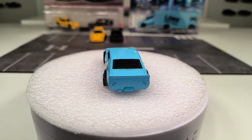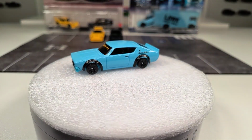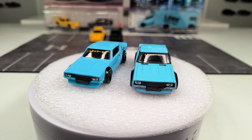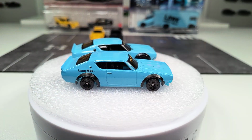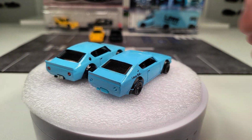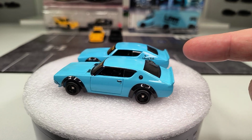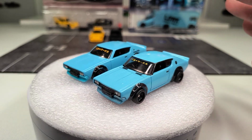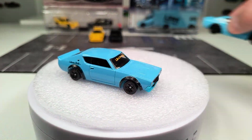was in the mainline. This is the mainline version, and if we put them next to each other, the mainline version, as you can see, here on the right side, also looks really good. We are missing the details on the back, but basically the mainline version is very good. The problem with the mainline version was,